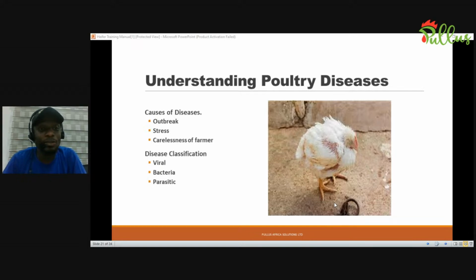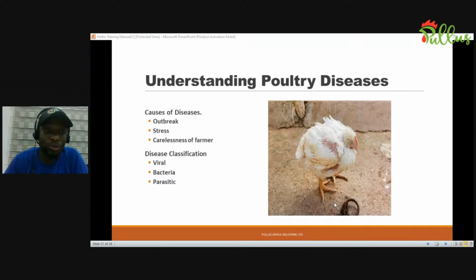There are so many things that could cause stress to the birds. The environmental factors, the human factors are also there. Environmental factors: if the environmental conditions are not suitable, it could be excessive heat, it could be excessive cold, and that could actually affect the immune system of your birds. Then before you know it, it's like opening the door for diseases to come in. So it makes it easy for the birds to fall sick if you have stressed the birds too much.